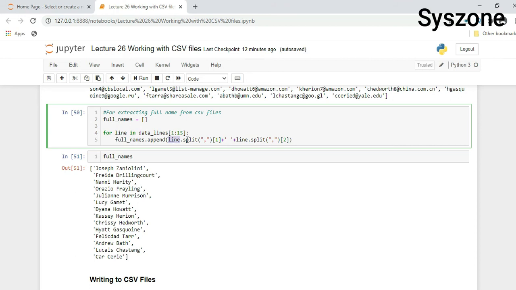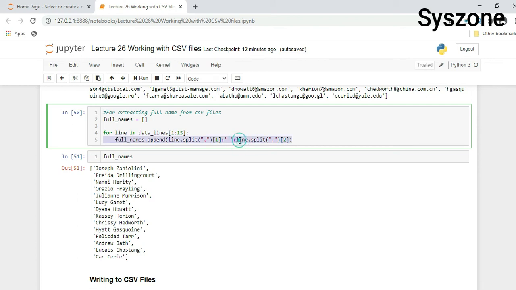Dot split, we will split that line wherever a comma is found, and we will extract the first position value. Again we are concatenating two strings with a space. So plus, here is a space, inside single inverted commas we gave a space, then we are concatenating, meaning we are joining two strings.